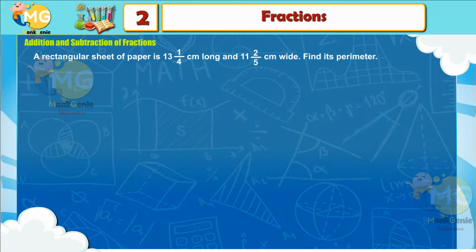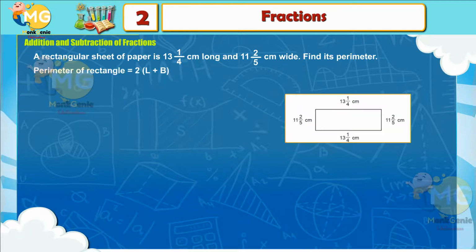Addition and subtraction of fractions. A rectangular sheet of paper is 13 1/4 cm long and 11 2/5 cm wide. Find its perimeter. Perimeter of rectangle is equal to 2 times (L plus B), which is equal to 2 times (13 1/4 plus 11 2/5) centimeter, which is equal to 2